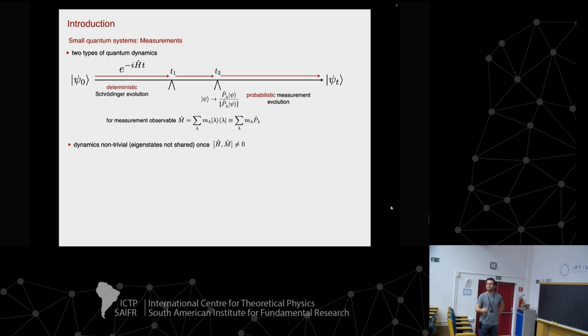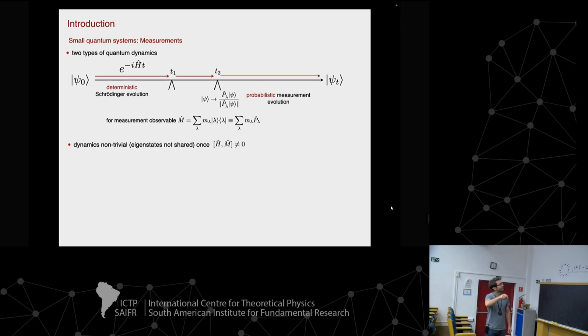And one thing you should be aware of, there are two fundamentally distinct types of quantum dynamics, quantum evolution. The one is deterministic in its generator. It is the Schrödinger evolution, generated by a unitary operator here. And the second fundamental ingredient of quantum mechanical dynamics is probabilistic, and it comes due to the interception of the deterministic Schrödinger dynamics by a measurement